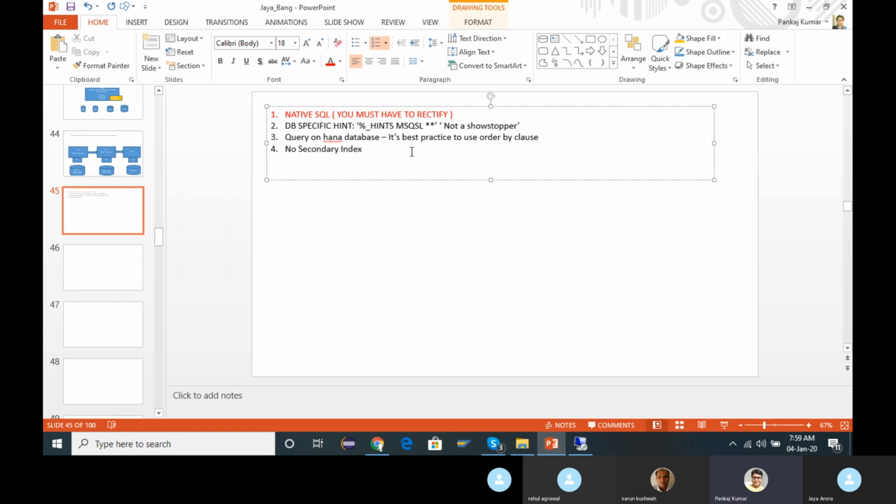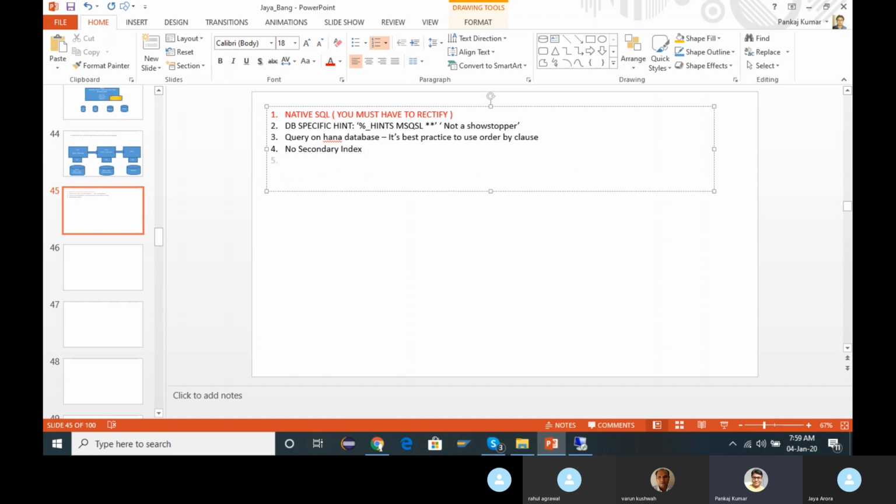Why? Because in HANA database, tables like MARA are all in column store, and everything stored as column store is already indexed. We have discussed this in detail in our last classes. So no secondary index is required.